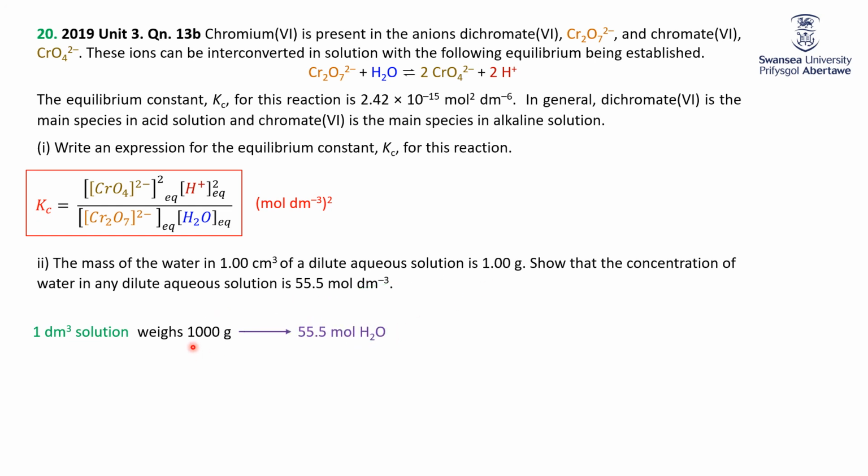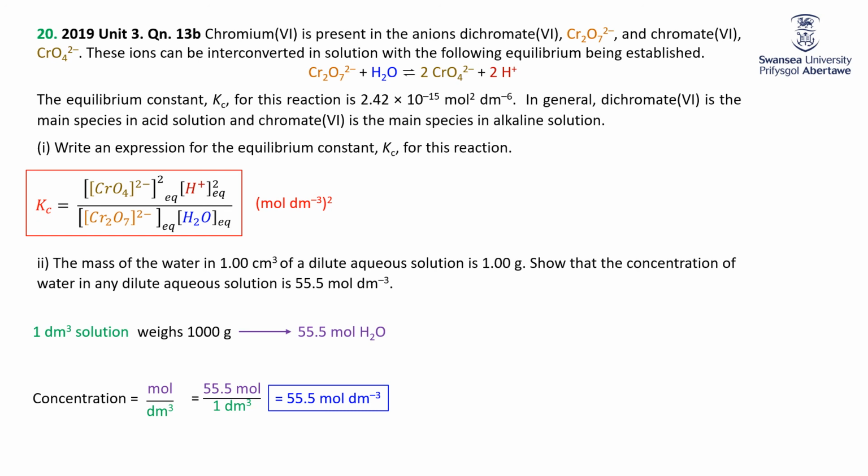Okay, and 1,000 grams is 55.5 moles of H2O. So the concentration of water in moles per cubic decimeter is 55.5 moles in 1 cubic decimeter, or 55.5 moles per cubic decimeter. Always the concentration of water in dilute aqueous solutions. You rarely have to use it, but it's always